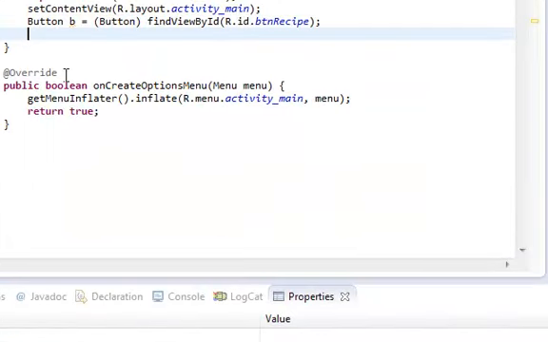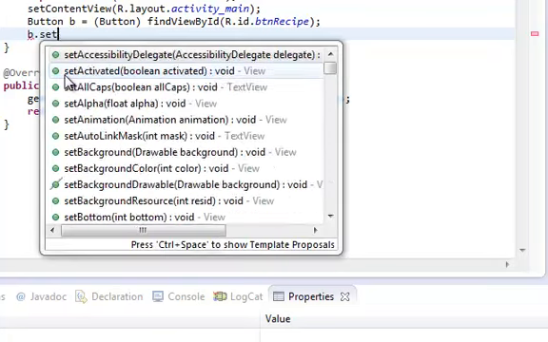Step 2. Now we'll code the button listener so it recognizes the listener, meaning when you click the button the computer listens, so to speak. It's a term in computing where it listens, it waits for you to click it, and then takes action once the click is done. So in step 2 I type B, the name of the button, dot, SETON, set on,